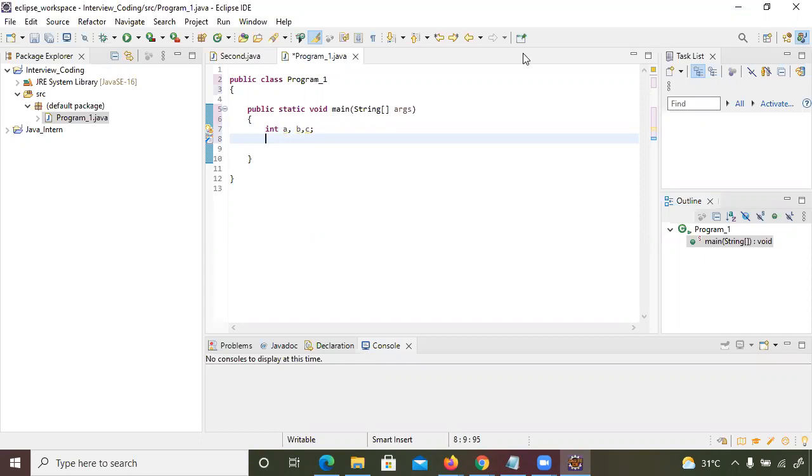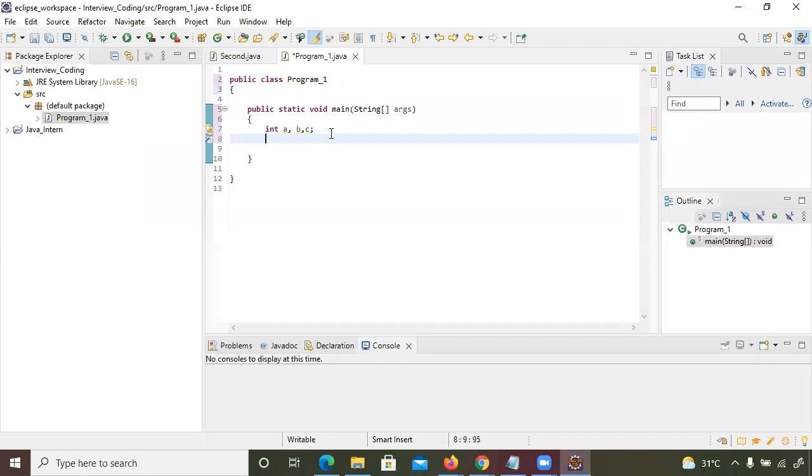Sir, do we need to create any workspace for this? Workspace will be created by default during installation, because during installation, I have selected my D drive, but by default it takes the C drive workspace. So when you open Eclipse, it will give you an option for which workspace you want. Based on that, right now, if you go to the D drive, you will get all the code that you are doing.